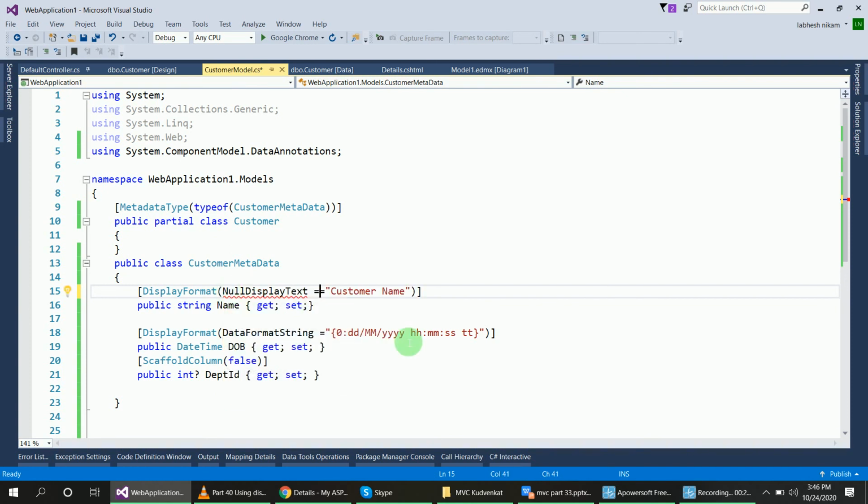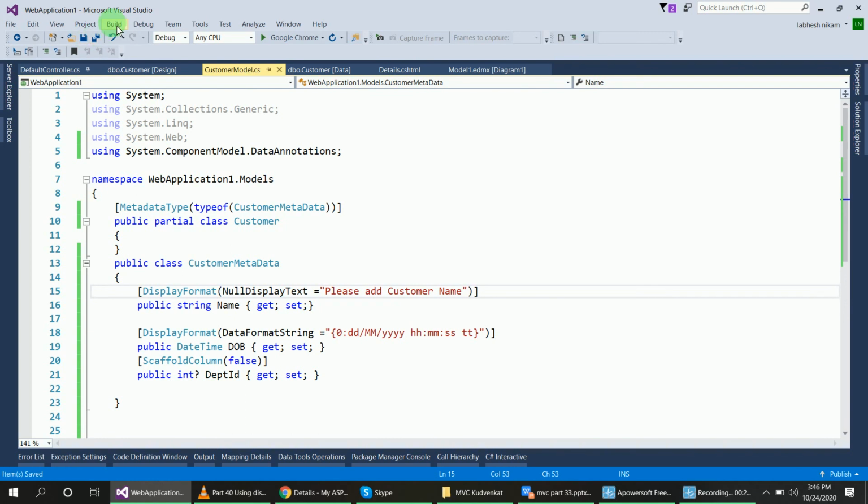So null display text I have added, and here I will add please add customer name, right? So for validation it will display please add customer name. I have added this null display text and display format attributes.